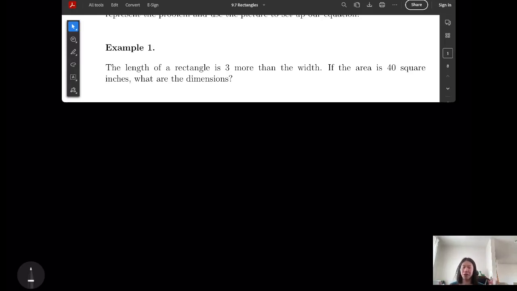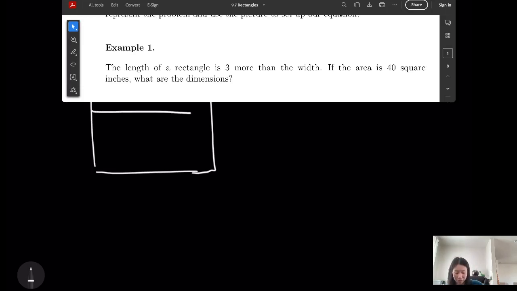Hello, so in this video, we're going to use a quadratic function to solve an application problem. So for example, in this one, the length of a rectangle is 3 more than its width. If the area is 40 square inches, what are the dimensions? Well, you will start with drawing the graph. Always start with that when it comes to